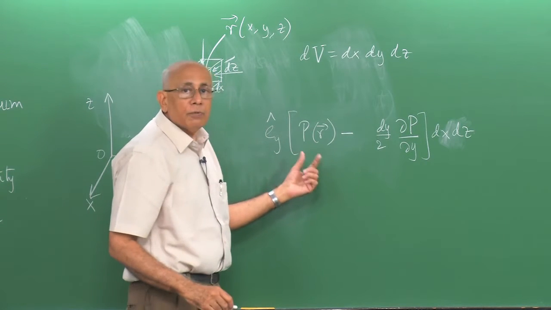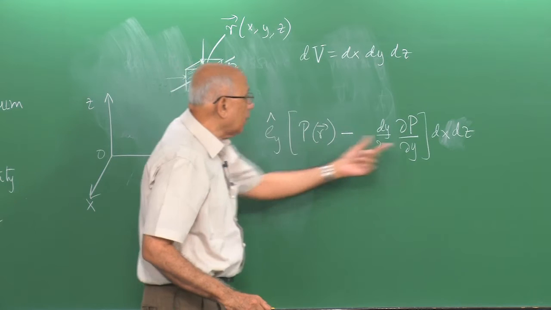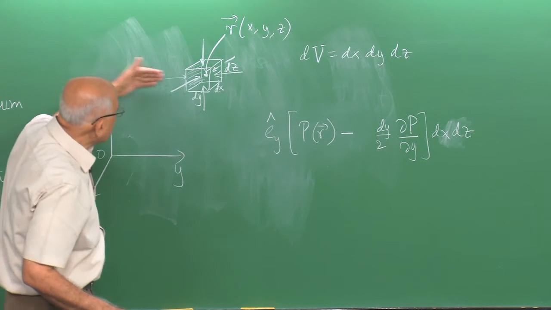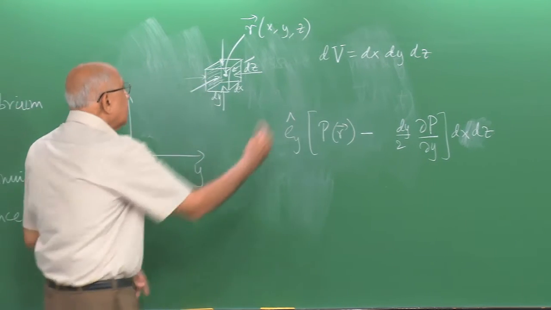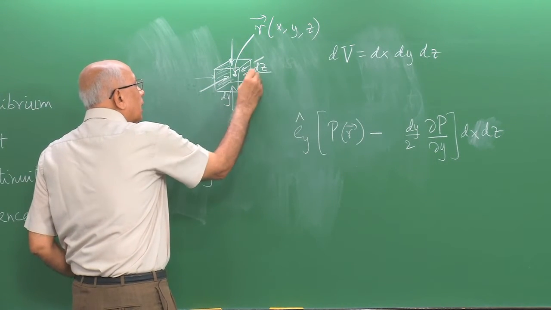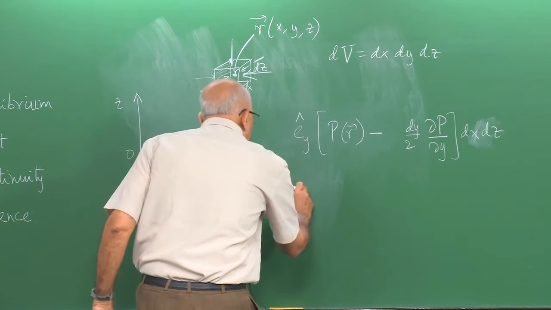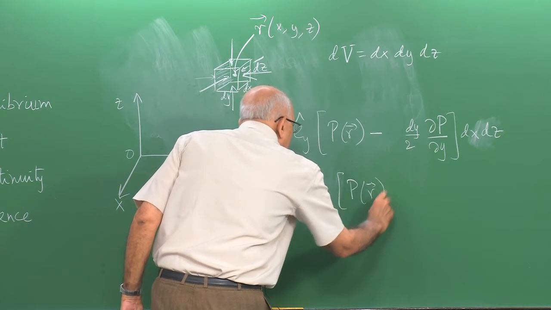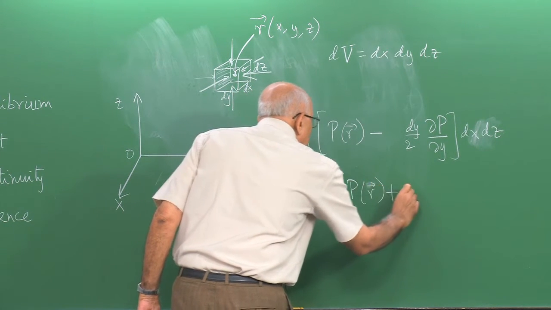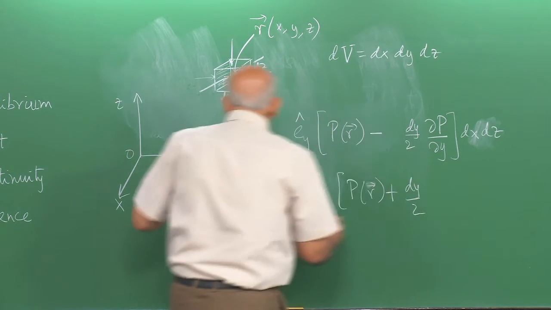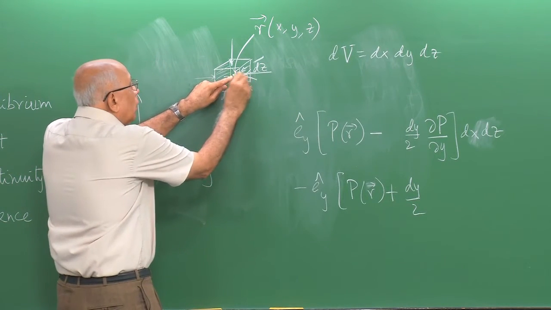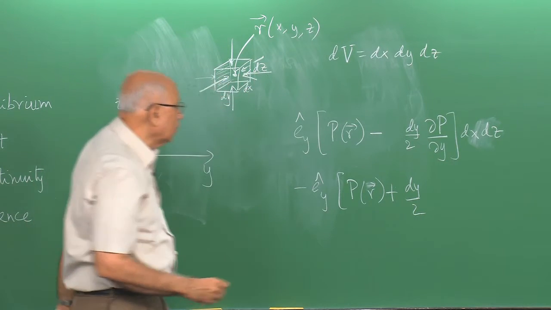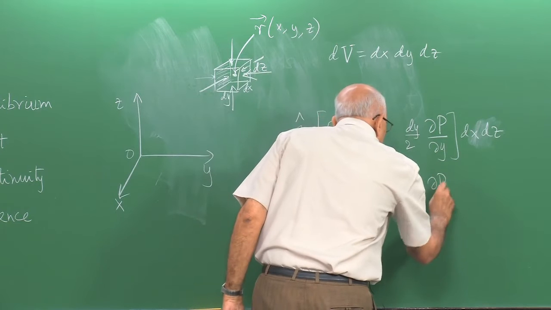And the pressure, of course, is the force per unit area. You can see that this multiplied by that has physical dimensions of force. That is the force appearing from the left, but that is compensated partly by the force from the right here, and that force is minus Ey, again P of R, but this time with a plus dy over 2, because this front face is dy over 2 removed in the positive y direction from the center of the cube, times again the derivative